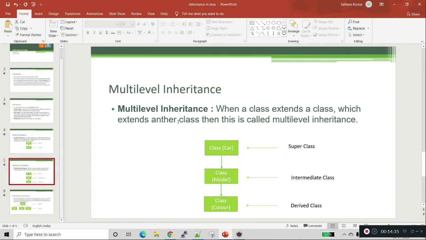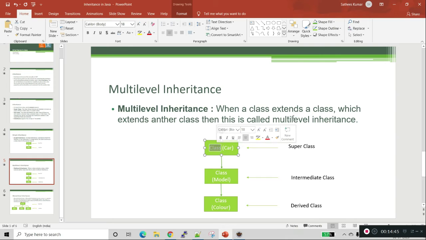The next type of inheritance is multi-level inheritance. Multi-level inheritance is when a class extends a class, which in turn extends another class. Now we have a superclass car, and the subclass is the model class.